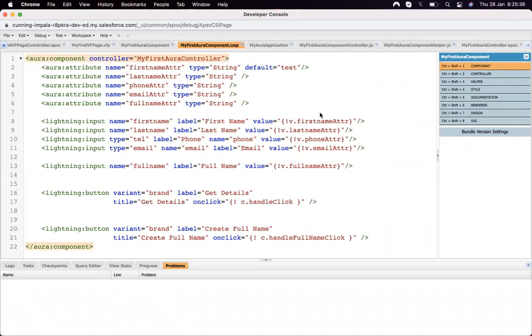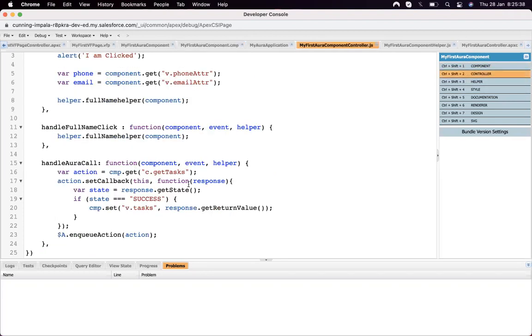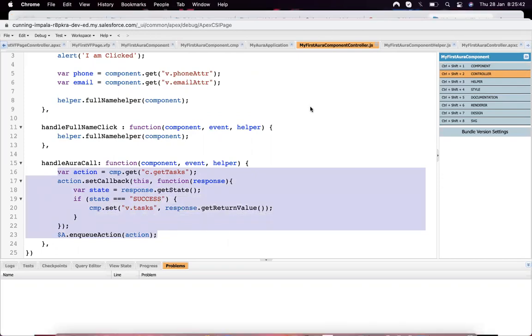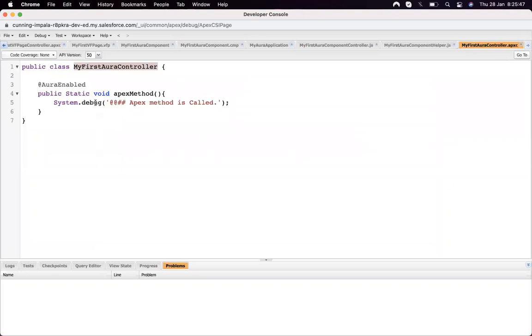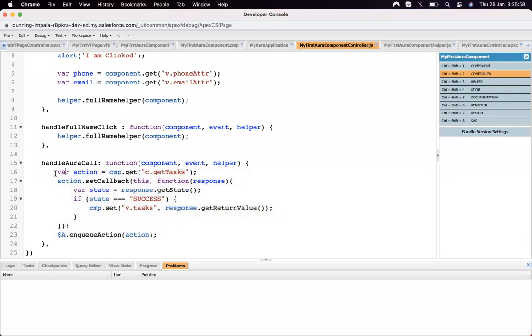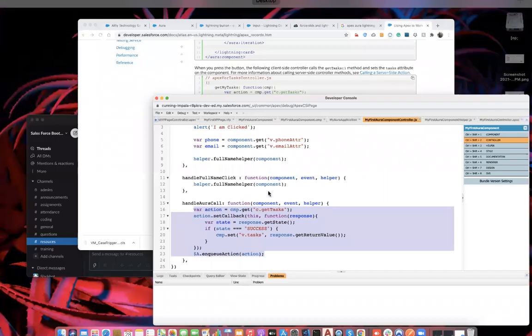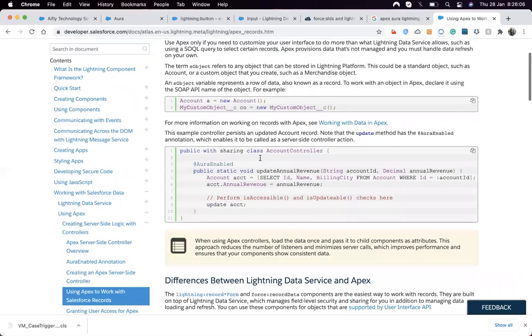So the controller got bound. Now I just move up to here, and I'm going to call the method which is present in my Aura controller, which is here. I want to call this Apex method inside my Aura component. So I copy this method, and before that, just copy this syntax, all the syntax, because the syntax always remains the same. Just copy the syntax from this link or any place, you just have to search for that.